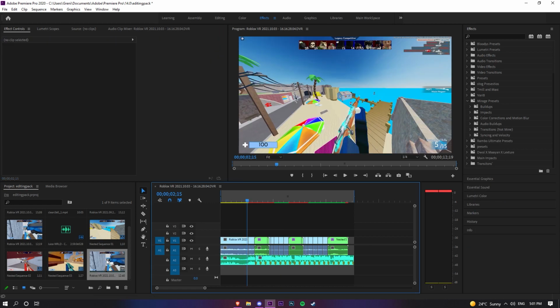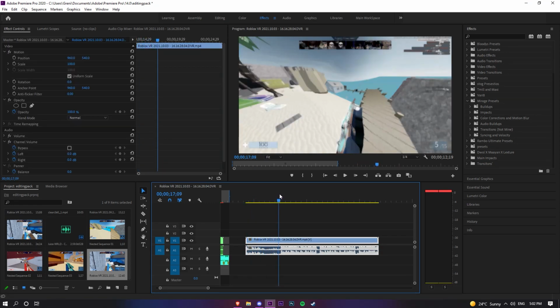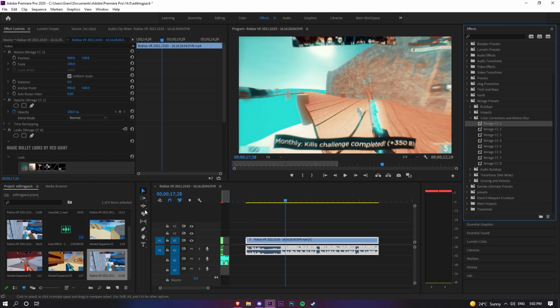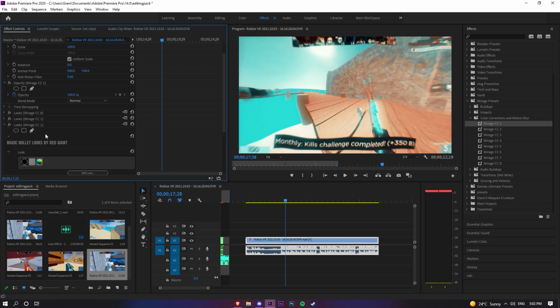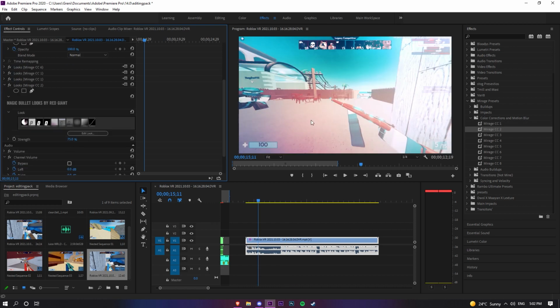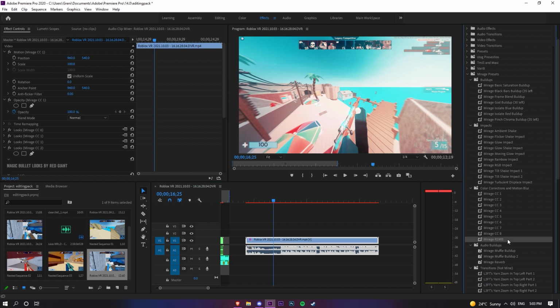Alrighty, so that's exported. Let me just drag it back on, just like this. And for our color correction and motion blur, what we gotta do is drag and drop. So I'm gonna be using CC2, it's my favorite one. If you want, you can combine these and you can change the intensities of all of them. So I wanna go maybe 40% on this one. Make sure to not make these too strong, by the way, because if you overpower your color corrections, you won't be able to see what's going on in the montage.